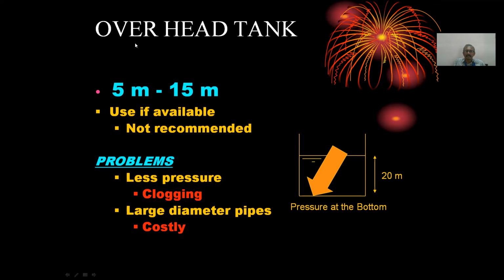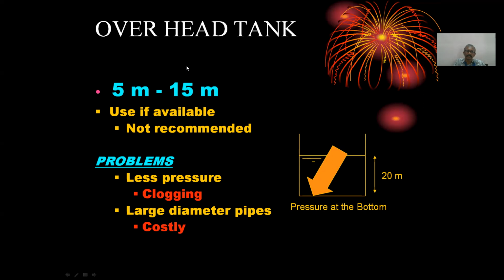But normally it is not recommended. If one farmer has already an overhead tank, then one can use it. No issues. But if a farmer gets into a drip irrigation system first, it is not recommended to go for an overhead tank because it is very, very costly. And if you construct an overhead tank for a height of 15 meters, just imagine, 15 meters is somewhere around 50 feet, like 5 floors,